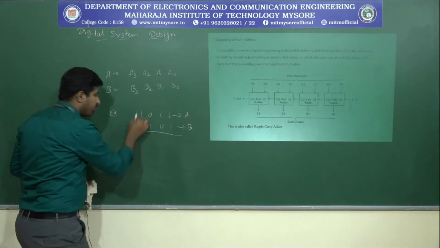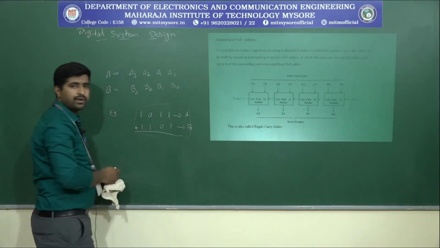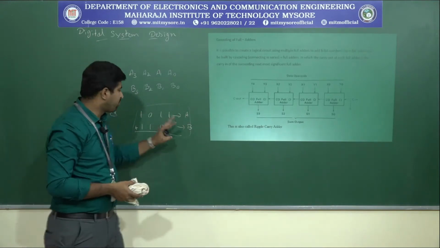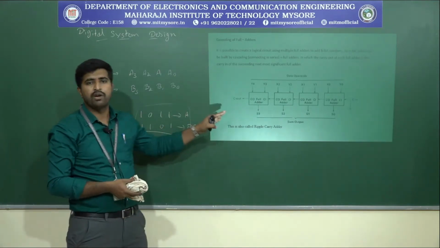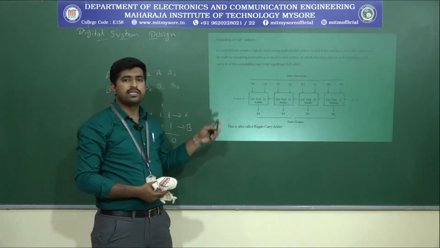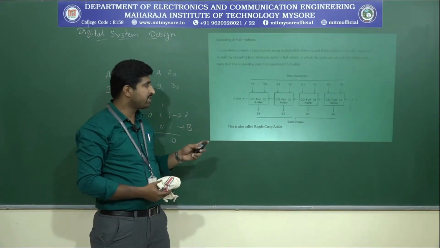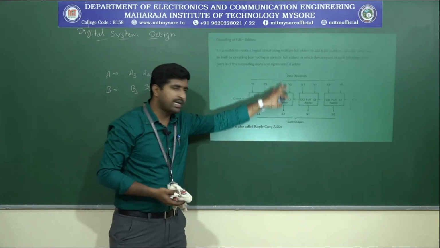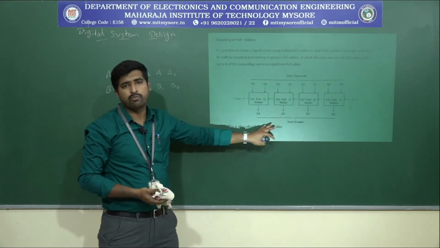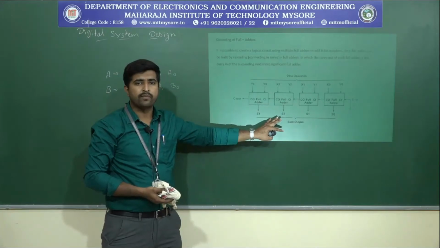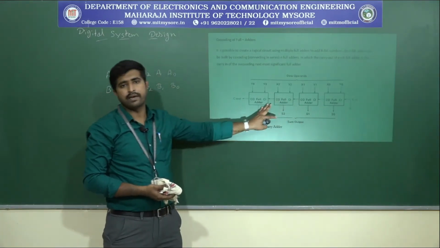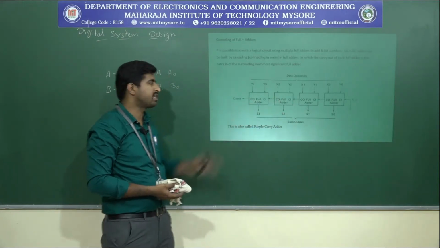When a 4-bit summation is needed, okay, then we will use the cascading of the adders. So how many bits we need to add, that many full adders will be needed. So there is a disadvantage. That disadvantage is when we give the input to the full adders at the same time, we won't get the output immediately. So we need to wait. So why will that happen? It is because of the propagation of the carry. What is that concept? Let's understand here.